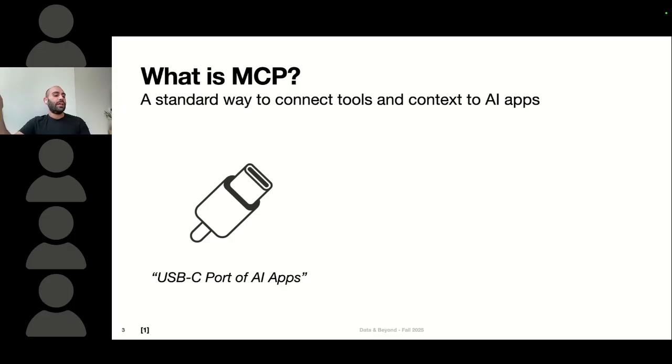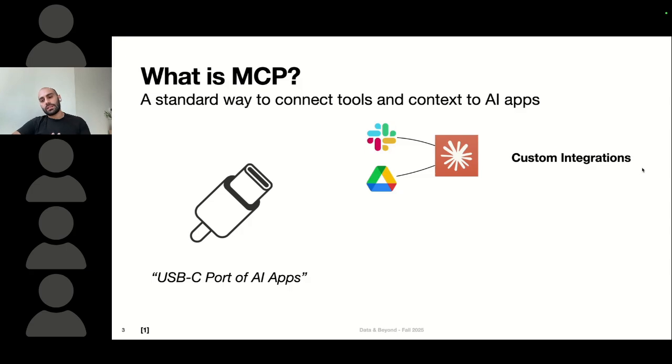So basically, you can plug anything into your laptop. You can even charge your laptop, all with this single port. And that was the vision of MCP when Anthropic released it. So basically, why can't we have a single port that we can use to power our large language models, our AI applications? And so, just to make this a bit more concrete, here are a few specific use cases of MCP.